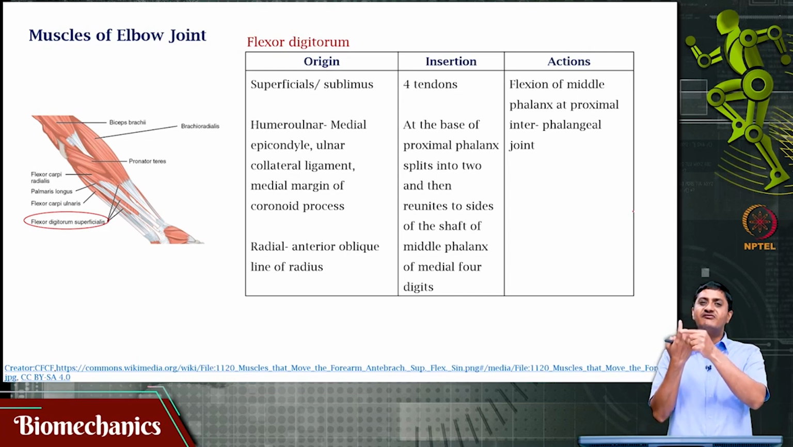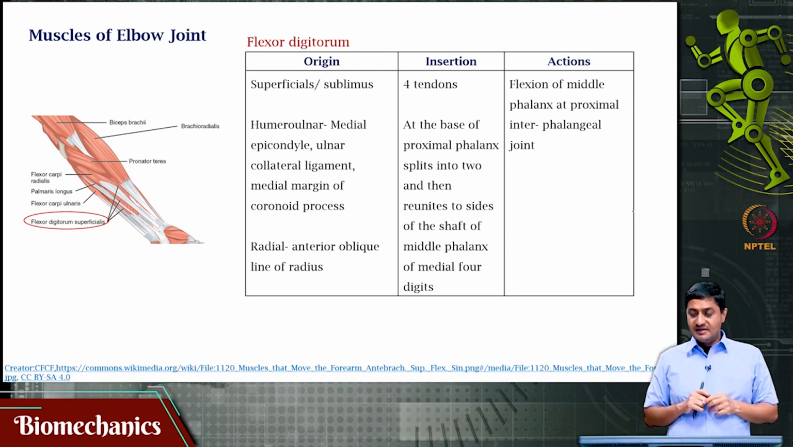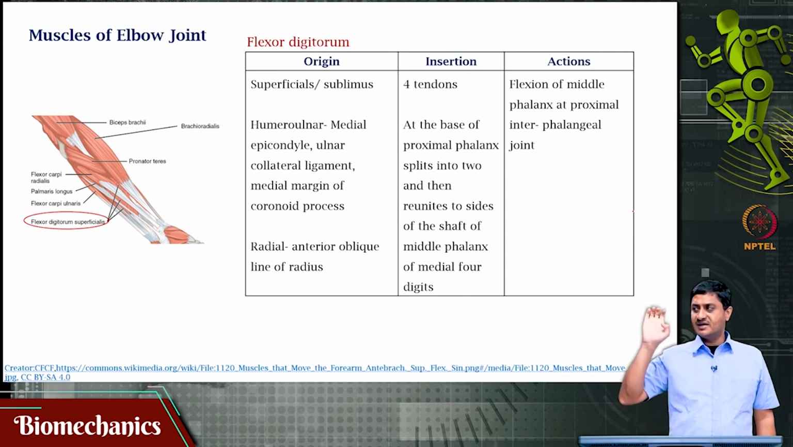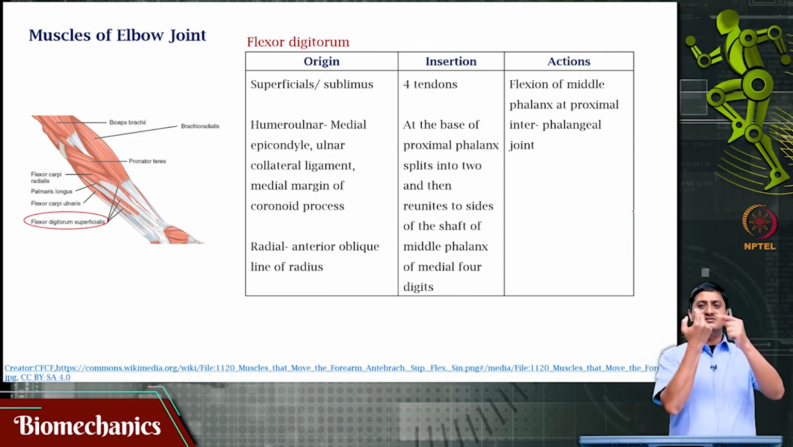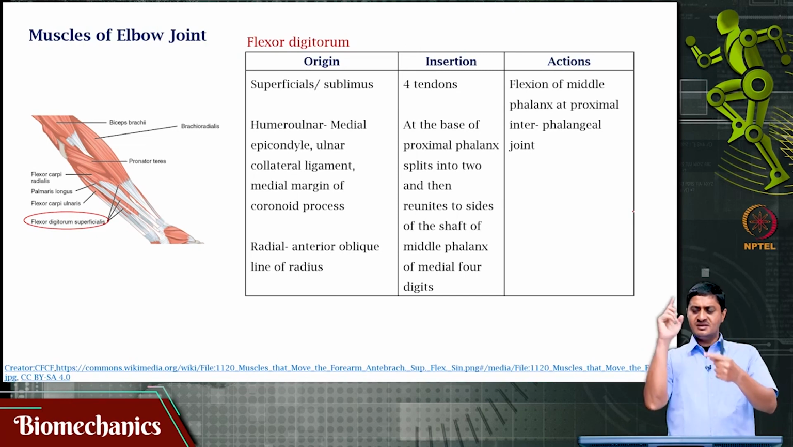This is the intermediate phalanx. The segment in the middle of the finger is called the intermediate phalanx or the middle phalanx of the 4 digits, right. These 4 digits, it attaches and reunites and then attaches here. Because of this reason, when this tendon moves, you are able to perform that action. This is the flexion of the middle phalanx at the